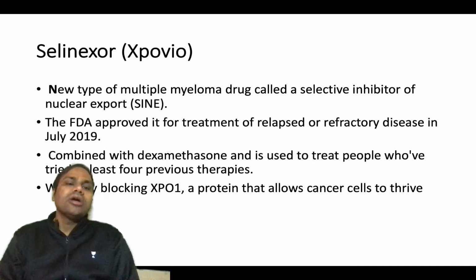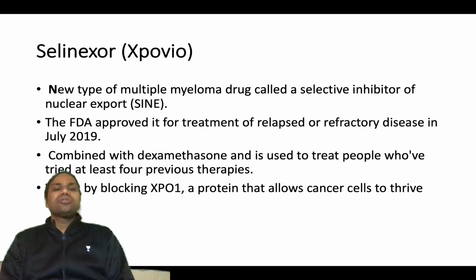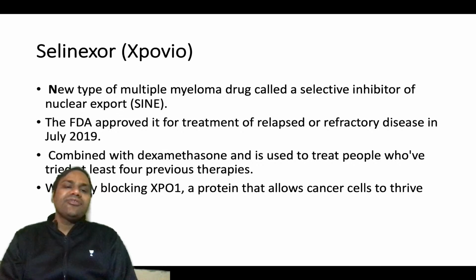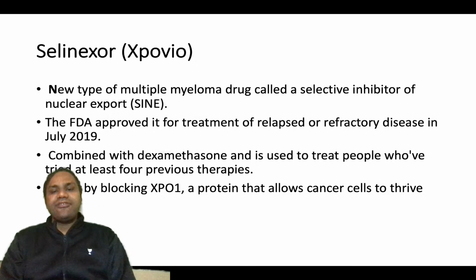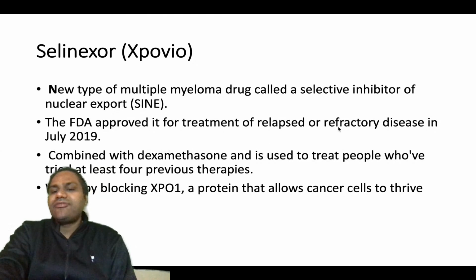Because this drug is a newer drug for multiple myeloma, they can ask you its mechanism of action: it is a selective inhibitor of nuclear transport. And it is FDA approved for what? Relapsed and refractory disease. So it is an FDA approved drug not for primary cases but for relapsed and refractory disease, approved in July 2019. It can be combined with dexamethasone and used to treat people who have tried at least four